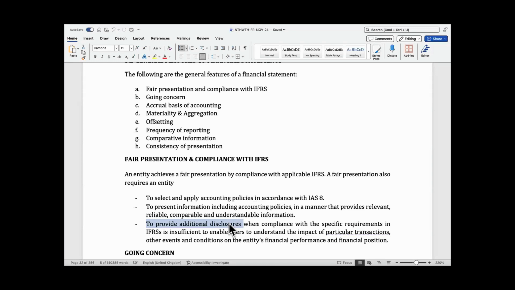Then you need to provide additional disclosures where necessary. Okay, so when looking at fair presentation, it's just a distinct way of referring to what we discussed under faithful representation, where it was talking about